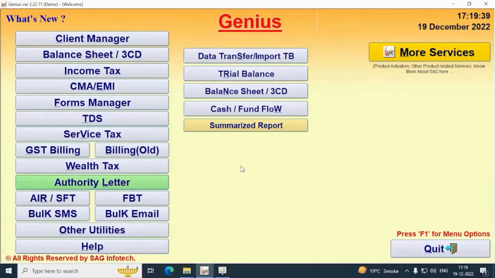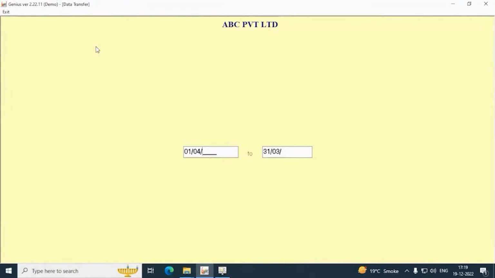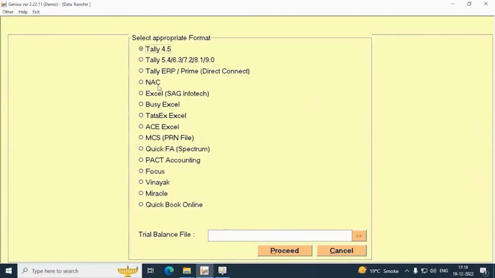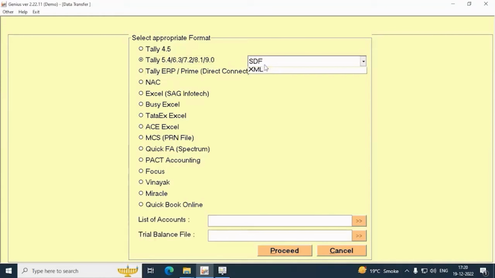First, you need to go to data transfer, TB, select the company and mention the year. If you are already a user of Tally or Tally is already installed on the same PC, then you can import the data by directly connecting it, or if the Tally is on a different system, you can select the XML file of Tally.